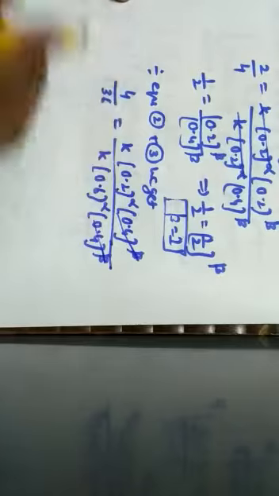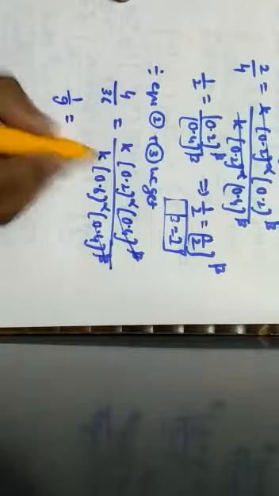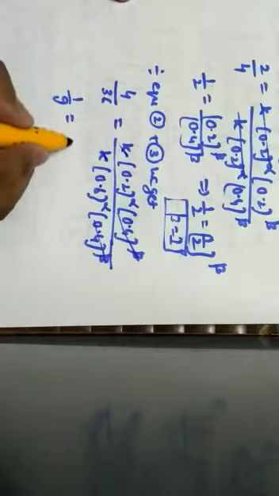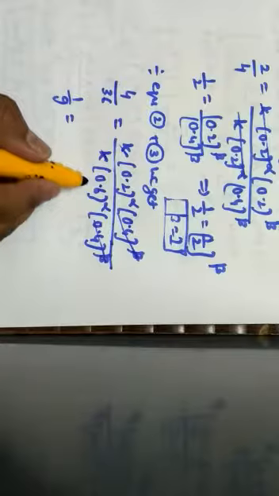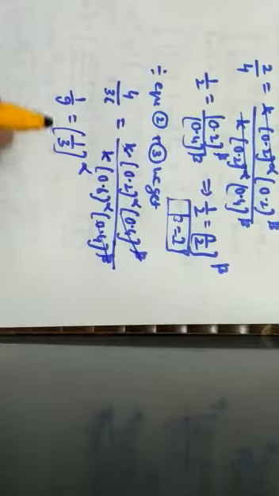So the beta value gets cancelled. 4 by 36 is 1 by 9. 1 by 9 is equal to, k gets cancelled, 0.2 divided by 0.6, which is 1 by 3, raised to the power